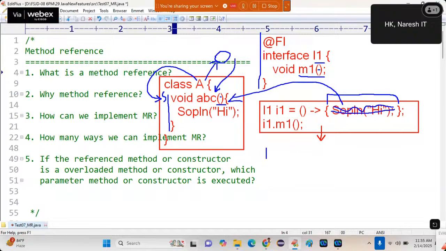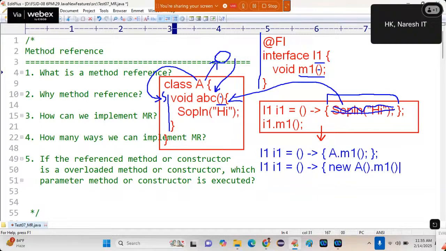Help me how to write the code now. I1 equal to parenthesis, arrow, body. If it is a static method, how can I write? A.m1(); closed bracket semicolon. If it is a non-static method, how can I write? Arrow, can I write like this? new A(), first I should create the object, dot, with the object can I write m1();